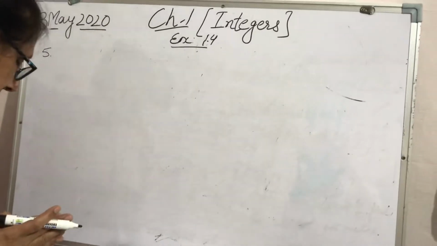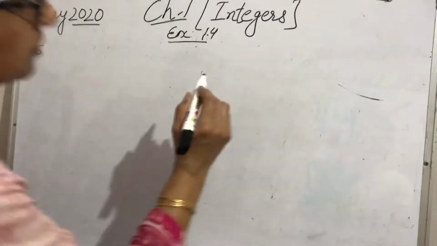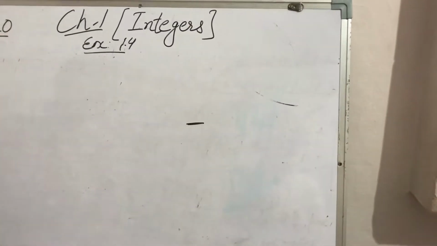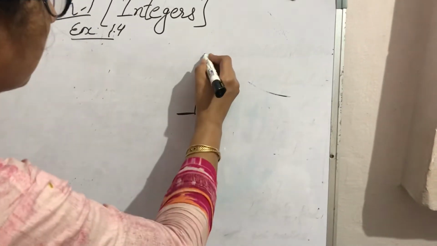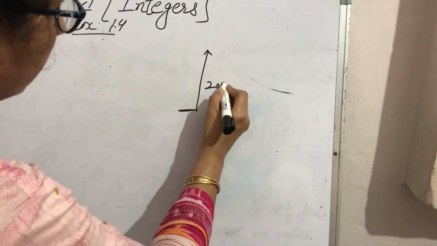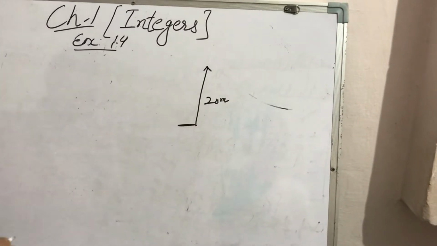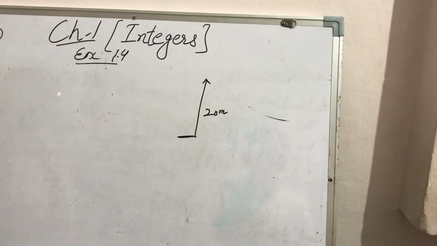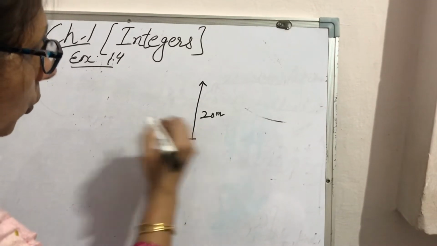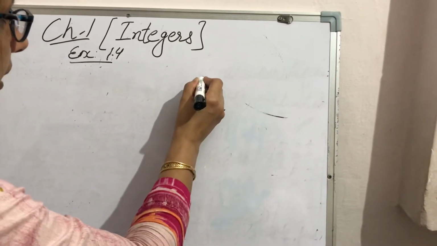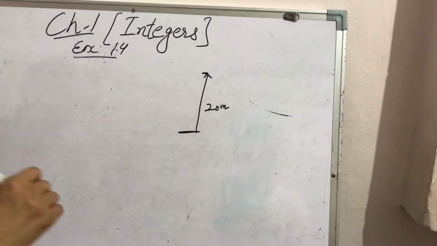The statement is the elevator starts from above the ground. Suppose this is ground level and the elevator starts above, at 20 meter. If we take above, then we go upward, and below we go downwards. So above the ground it is 20 meter. The elevator starts from this point and it goes